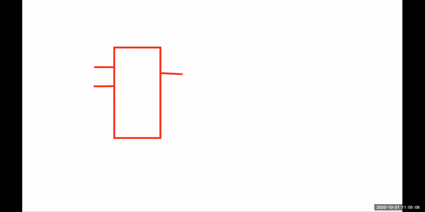Let's say this is a microcontroller. Here you have two inputs, one is this one, another one is this one. Two switches, and you have one lock, let's say a door.